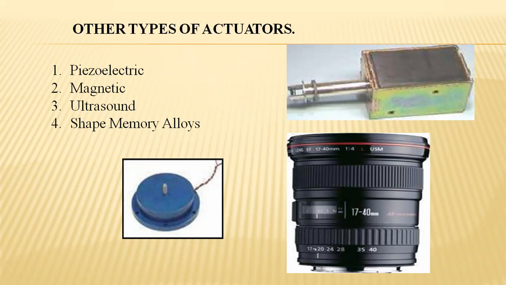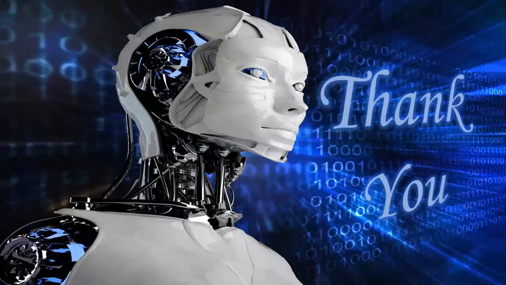Some other types of actuators are piezoelectric, magnetic, ultrasound, and shape memory alloys. In practical fields, they are used in automatic cameras for zooming the lens and contraction. Piezoelectric actuators involve passing electricity through the material for examining processes in NDT applications, non-destructive identification. These are some of the actuators. Apart from these, there are hydraulic and electrical ones, and manually, mechanical actions are done. So these are some of the actuators and their working elements, advantages and disadvantages.